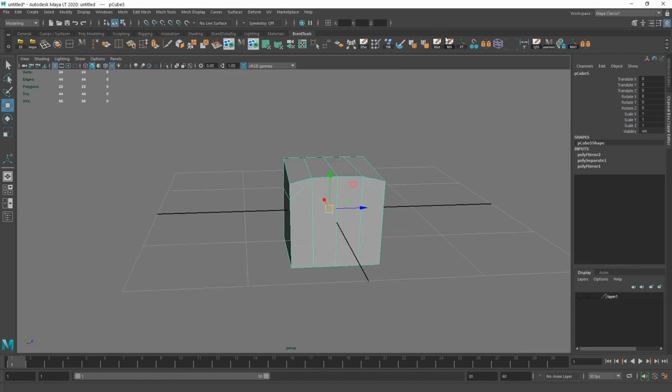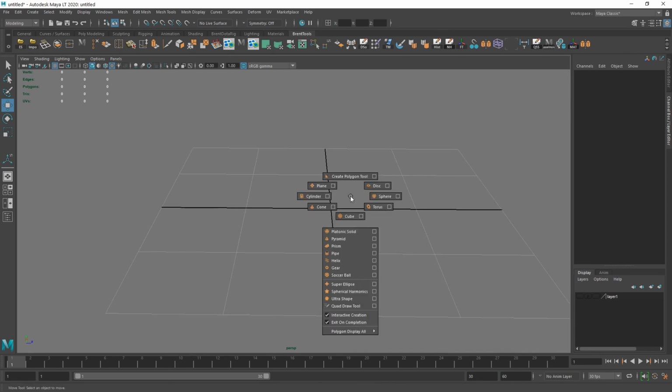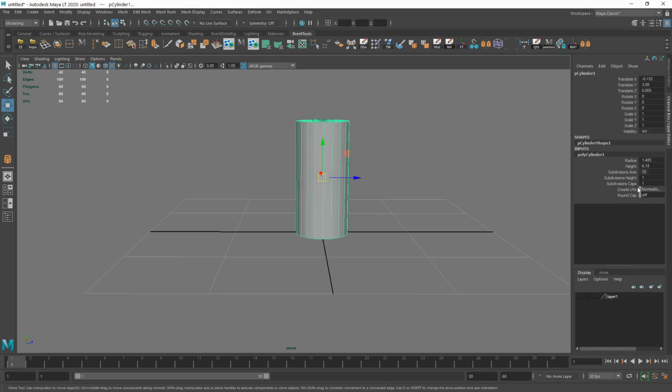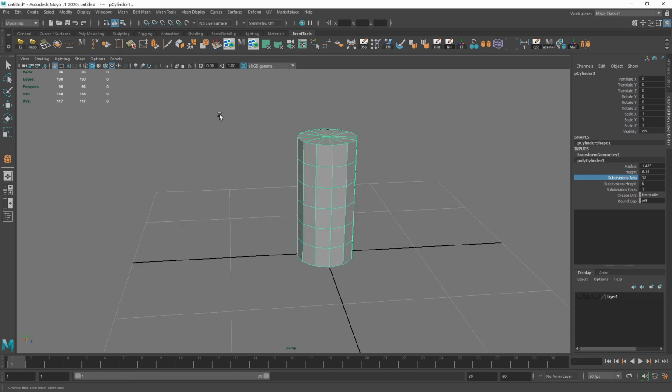Now, let's look at a couple other fun tools. These ones I'll use in specific situations. So I'm going to toss in, let's just do a cylinder. And I'm going to add a few height to it. I'm going to freeze the transforms here. And I'm going to show you something I find really useful. But you're going to have to switch over to the animation tab for this